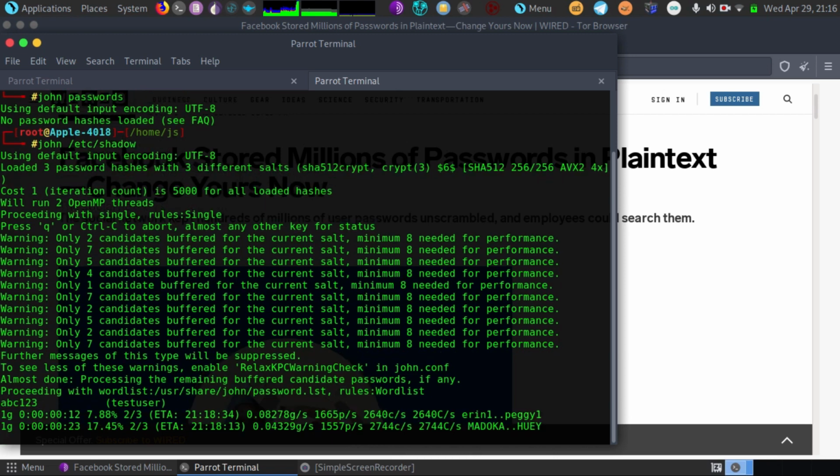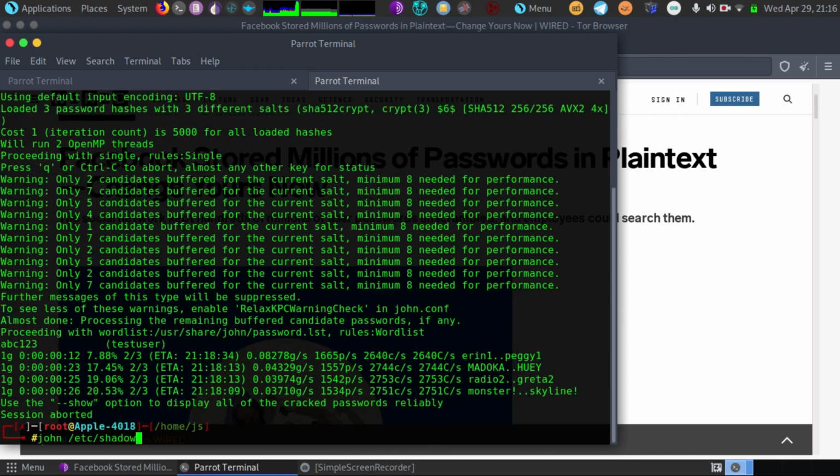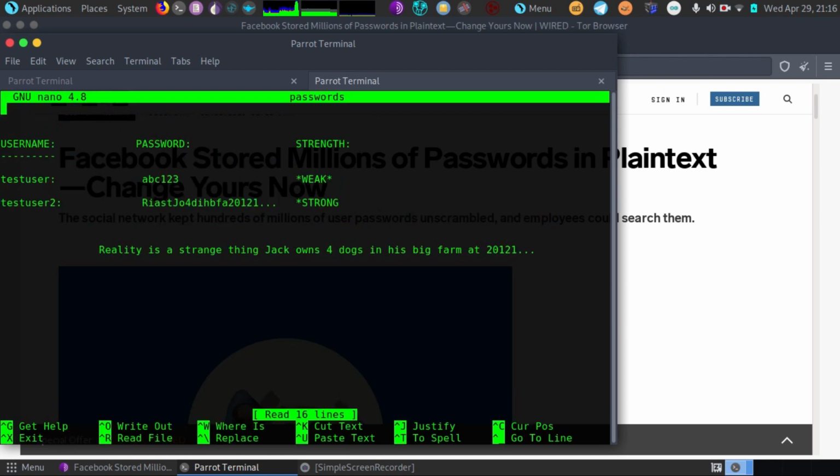I'm not going to bother trying to crack the other one. As I mentioned, it would take years to crack, but it is important to use a technique to create a password, like an acronym, using numbers and characters. This way, you have a unique password.